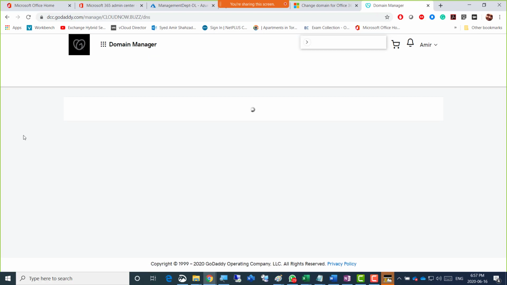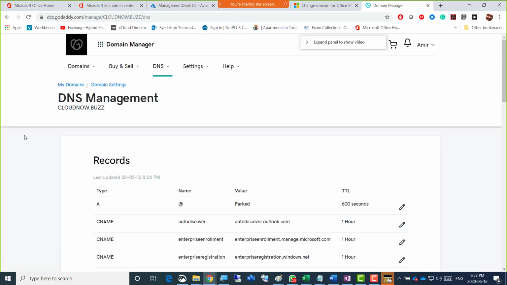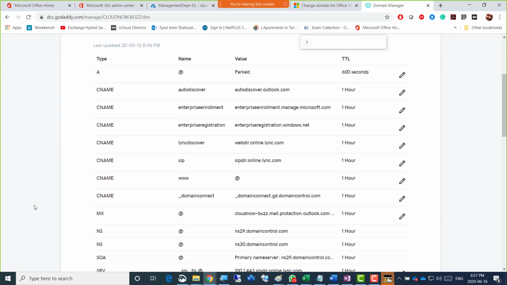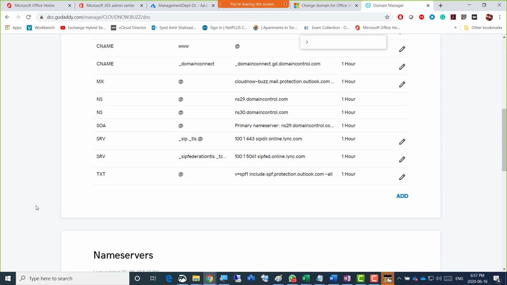It should be removed if it was properly removed, otherwise it's a manual process. If it opens today, so autodiscover, nope, it's still the Outlook one, and lyncdiscover, nope, and zip, nope.